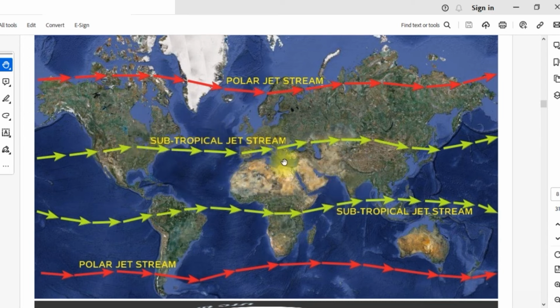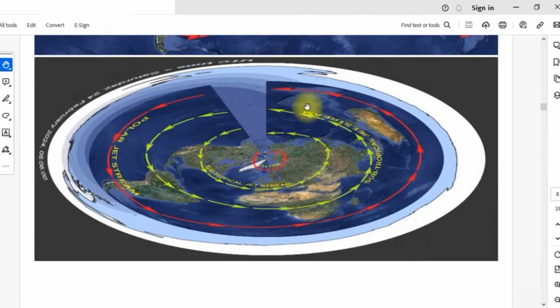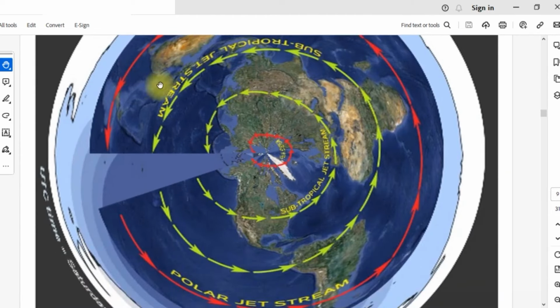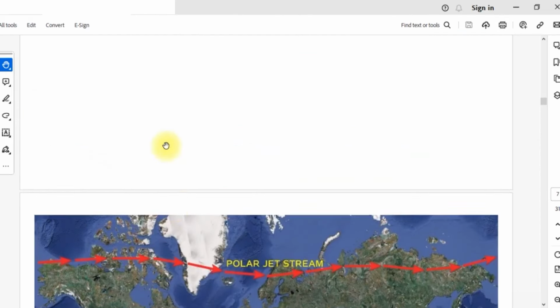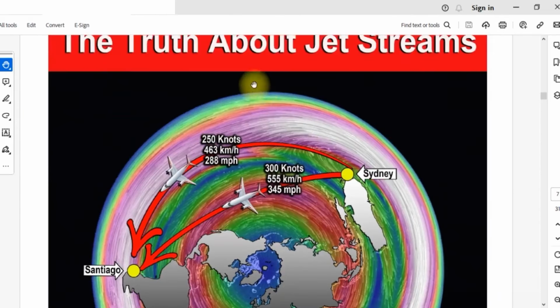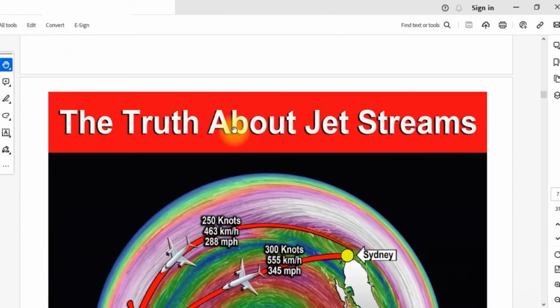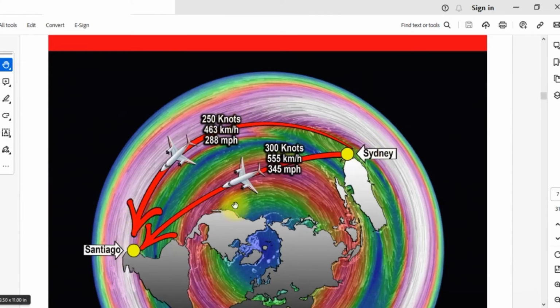So all you have to do, change this to a flat earth map, and you can see the route from Sydney to South America. They get on the jet stream, whether this one, 300 knots, or this one, 200, 250 knots. That's how they get here, as you yourself said, but we have these documents from 1962 stating the same thing. So Sydney to Santiago, they can either fly with the 300 knots jet stream right here, or the 250 knots jet stream, either one. I know most likely this one right here. He is really